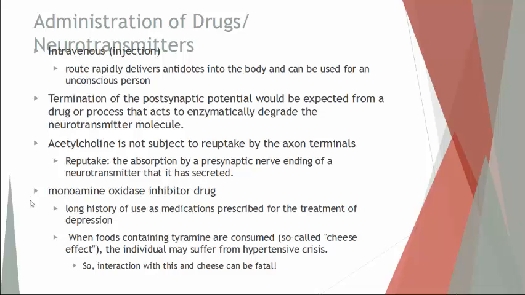Another side effect that's mentioned here is called the cheese effect. The monoamine oxidase also breaks down a chemical called tyramine. And tyramine is found in cheeses and other foods that are aged, and wine, for example. So if you were to be taking these drugs and eat cheese and drink wine or other aged foods, tyramine will be broken down even faster and in even larger quantities. So this could lead to a hypertensive crisis also. So mixing this type of drug that's meant to make you happy with a grilled cheese sandwich or a piece of pizza can be fatal.